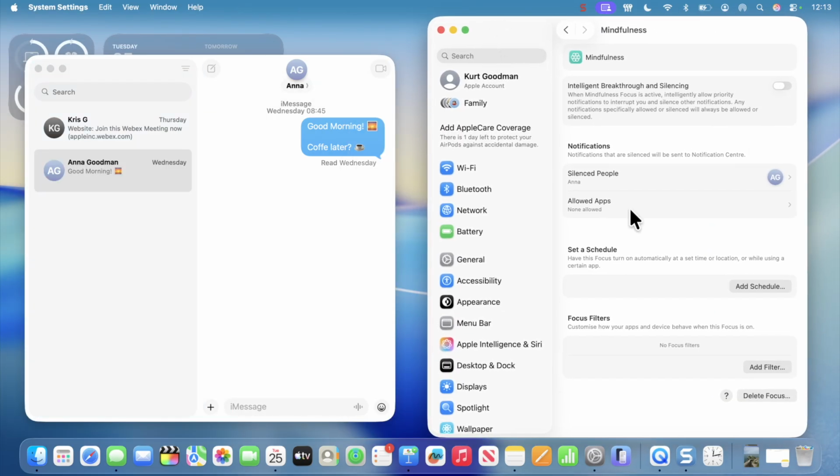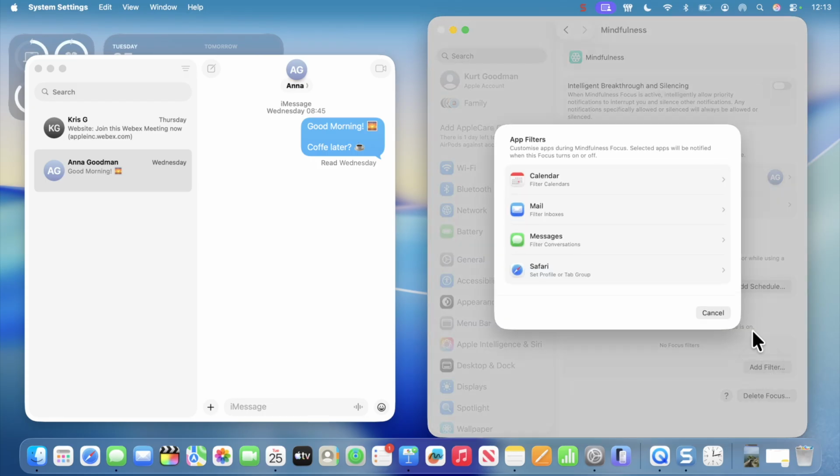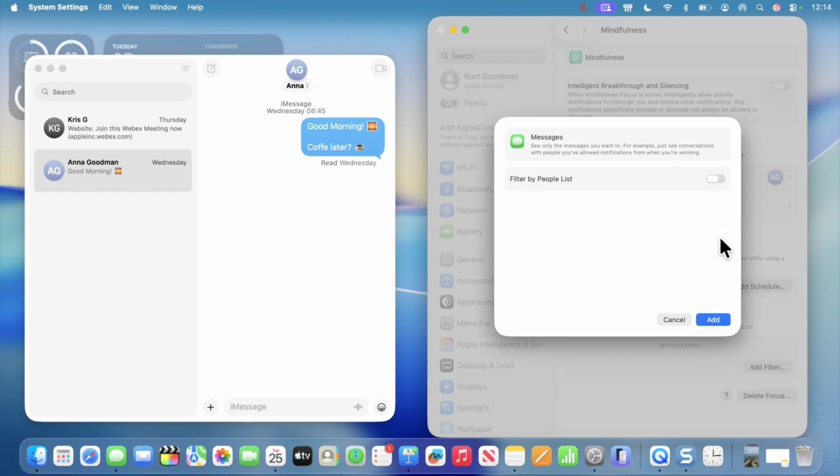Right, so I have this mindfulness app turned on, and I can choose to add a focus filter. And I can choose to focus different calendars, for example, or different mail accounts, or different message conversations. If I choose to filter people by a list, you can see here, I've got myself and my friend Anna. Because I've got Anna in this list, if I choose to filter by people, by list, and click on add,